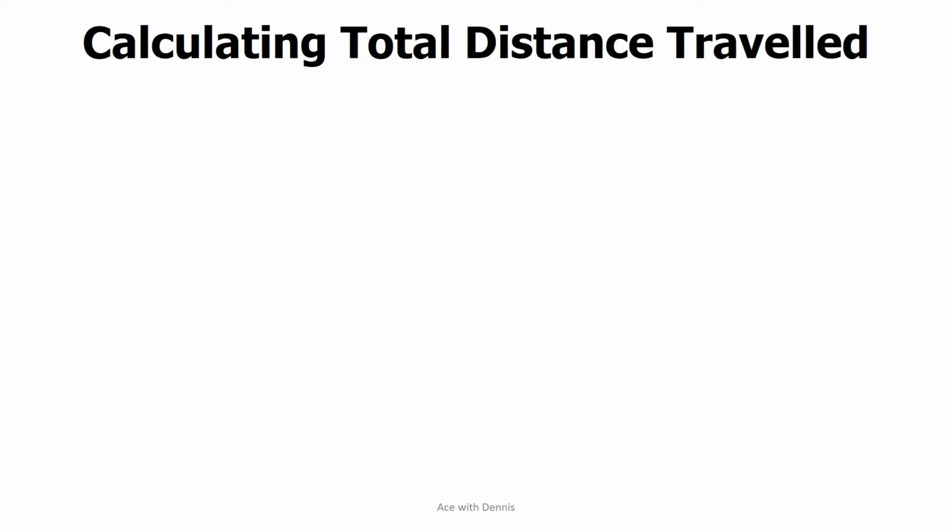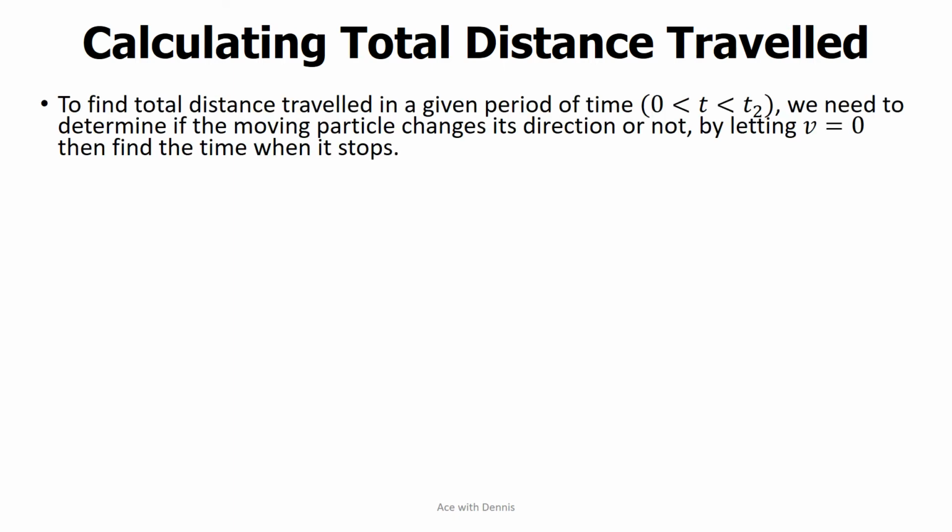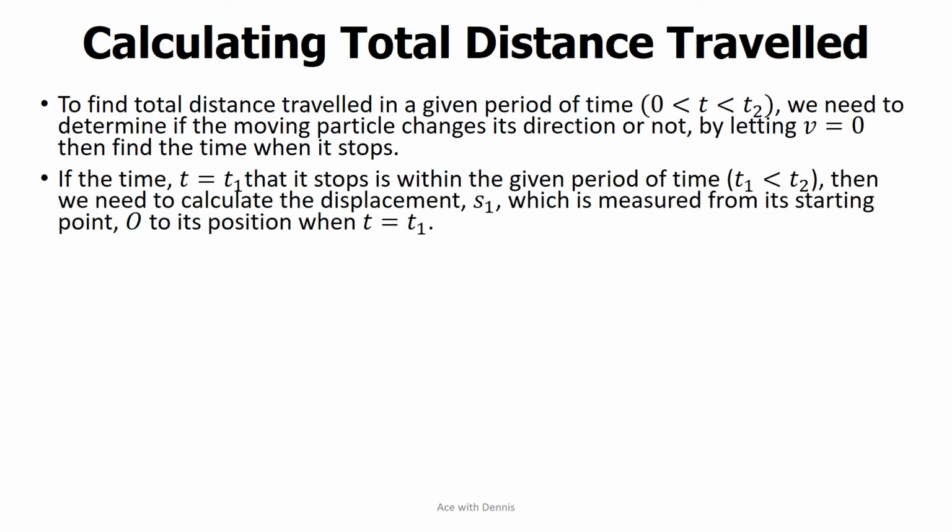How are we going to calculate the total distance traveled if we know the displacement? Here are a few steps. To find the total distance traveled in a given period of time, where time is from 0 to t2, we need to determine if the moving particle changes its direction or not by letting v equal 0, then find the time when it stops. If the time t equals t1 that it stops is within the given period of time, which means